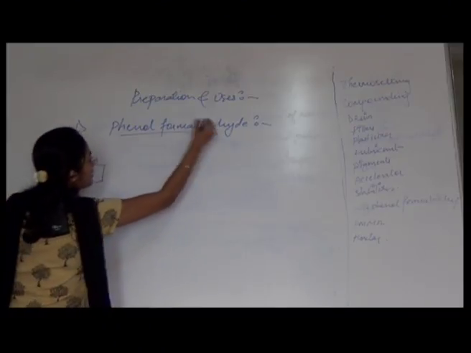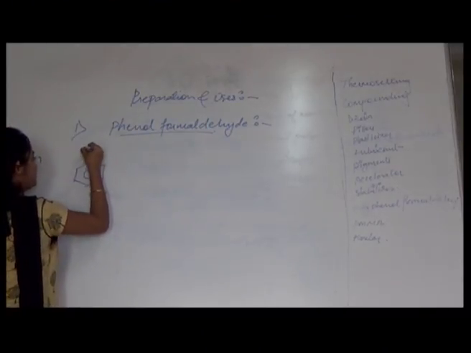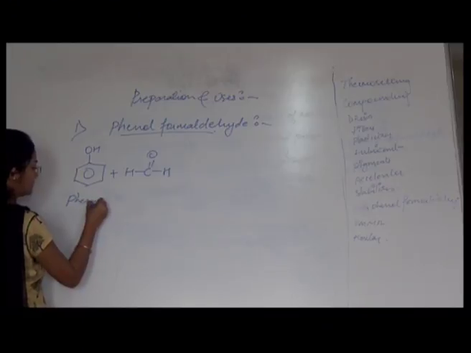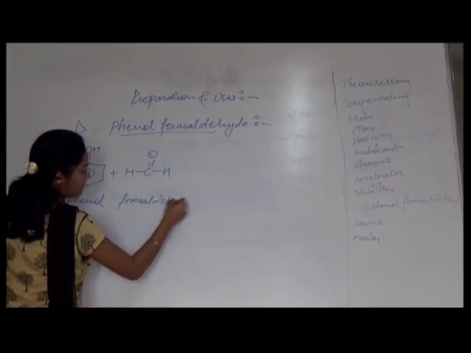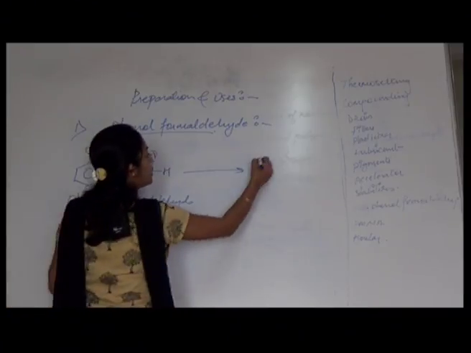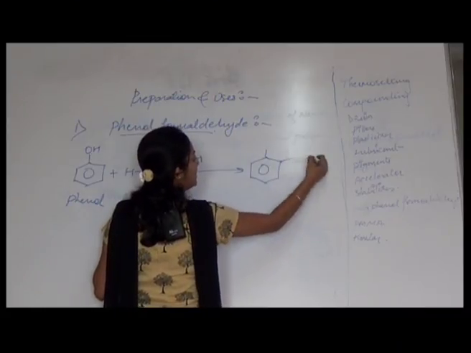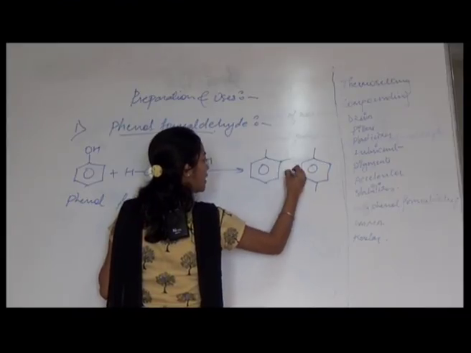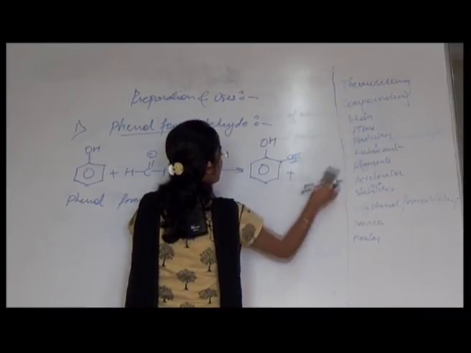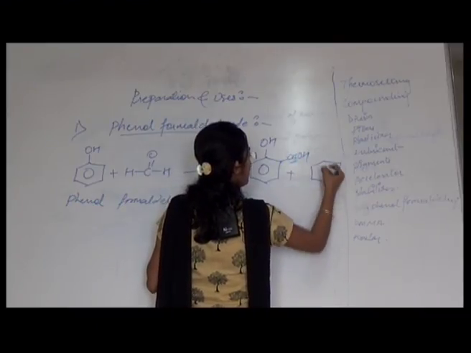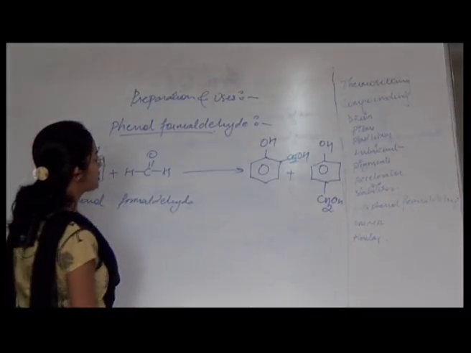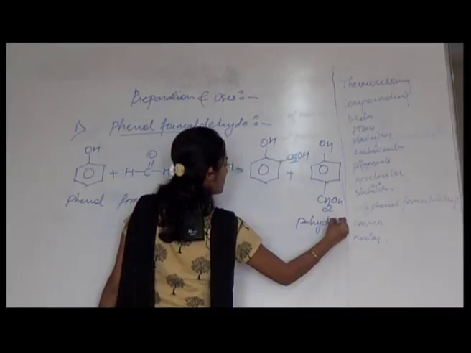Phenol, the title itself tells that phenol plus formaldehyde. This is a phenol plus this is a formaldehyde. This phenol plus formaldehyde gives you two types of product. One is an ortho and another one is a para. So there is a mixture of two products that is formed. This is an ortho plus para product. This is a para-hydroxy and this is ortho-hydroxy,